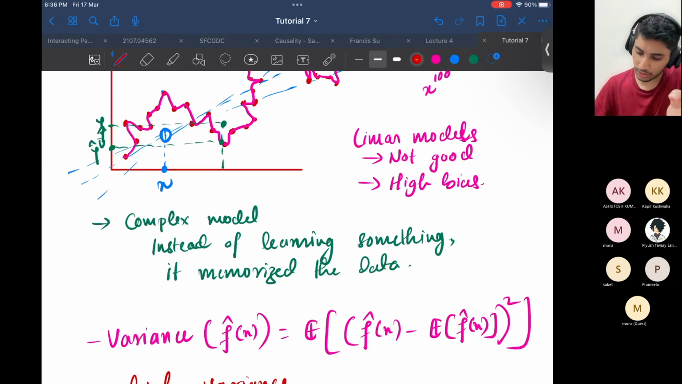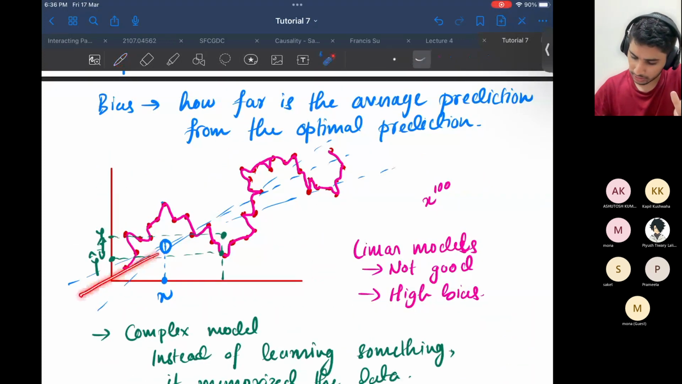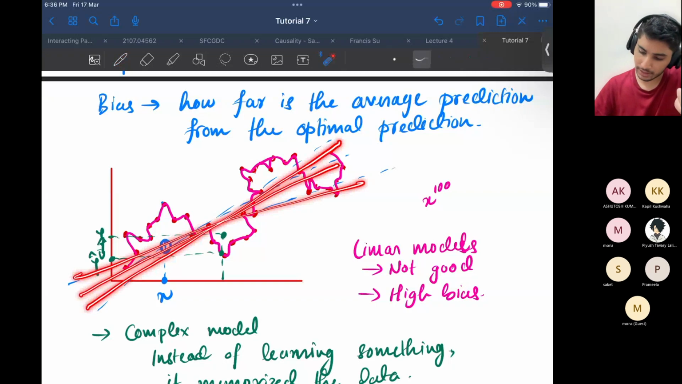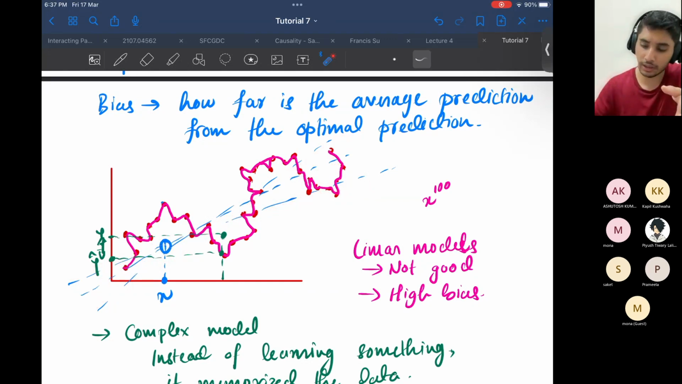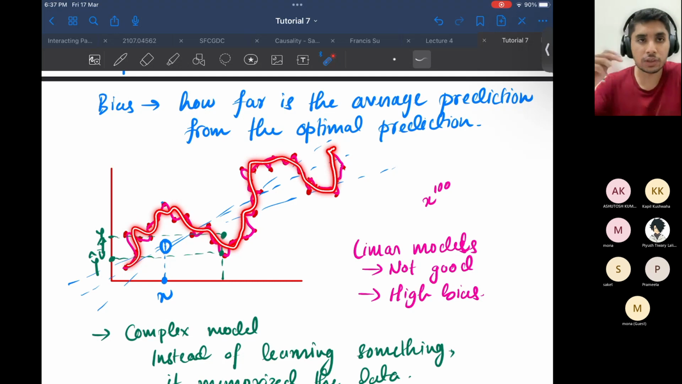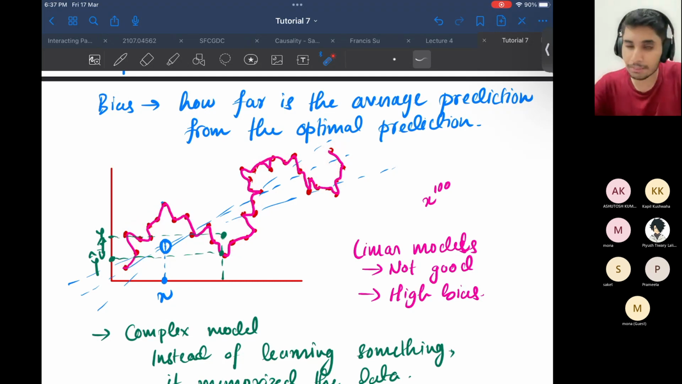So, with the case of linear models, was there a lot of fluctuation? Well, no, right? The linear models were not able to fit the data appropriately, but they were not fluctuating a lot. However, this new thing that we came up with, though it is fitting the data, fluctuates a lot. So we need something which has